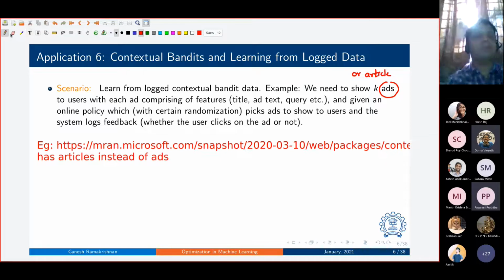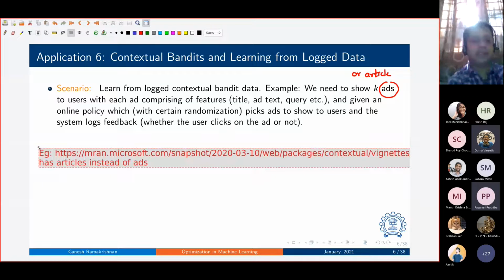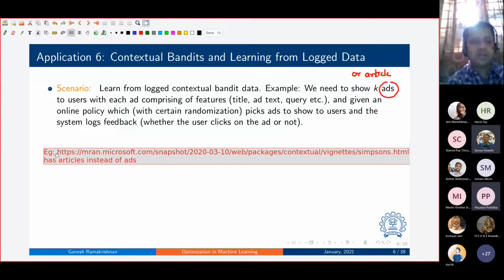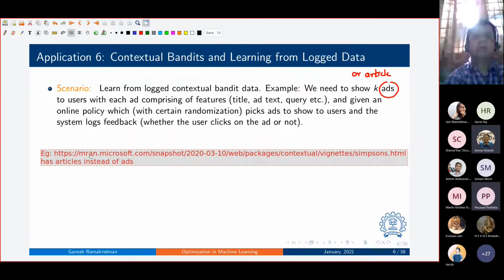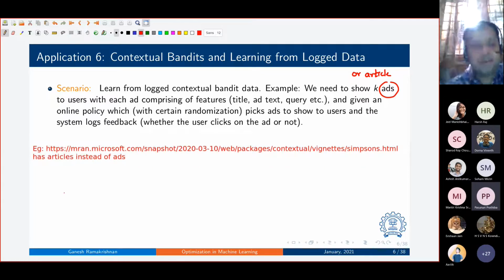Now, what you're going to pick from this particular link is another interesting aspect. When a user, a man or woman, picks an article, there's a reward that the user associates with that article or ad. That's how the feedback is being logged. Let's look at the ith user use case. The ith user, as I said, could be based on more detailed demographic information. For the time being, it's just man or woman.